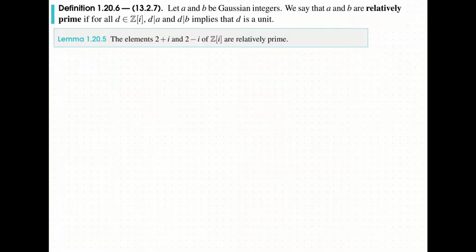However, if we look at 2 plus i and 2 minus i, these are the factors of the number 5. Then it is the case that these are relatively prime. So let's go ahead and show this. We're going to adhere to the definition. So we're going to suppose that d divides 2 plus i and 2 minus i. So let d